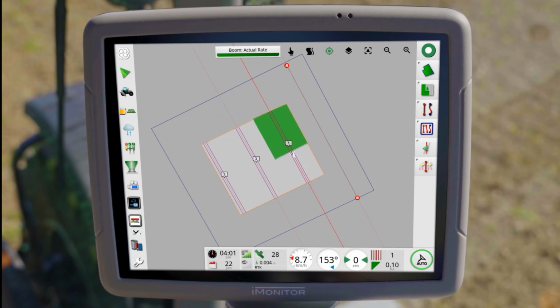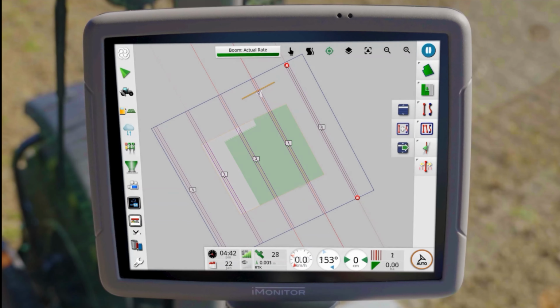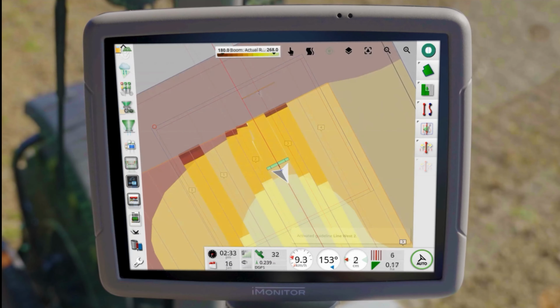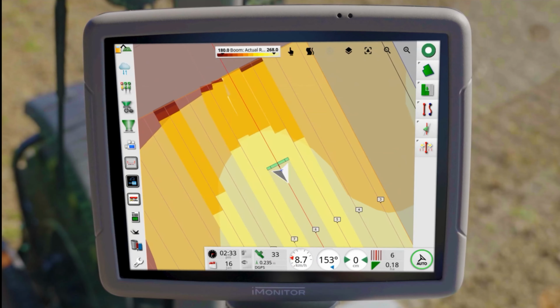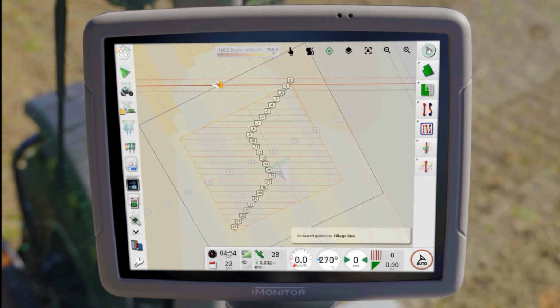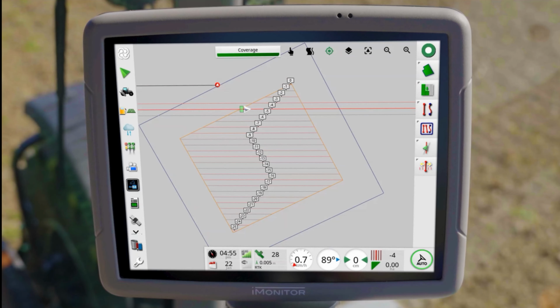task-specific groups use only the guideline relevant for specific tasks such as seeding or spraying. Implement-specific groups create separate guideline groups for different implements. Yearly guideline sets store guidelines for each growing season, such as this year's inter-row seeding, to avoid mixing them with